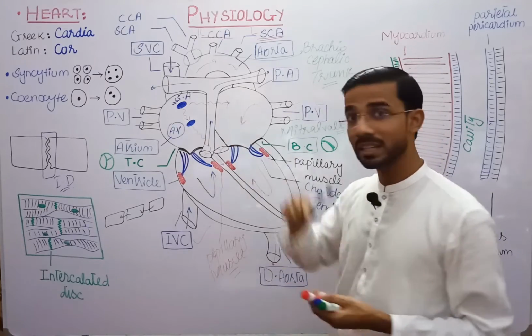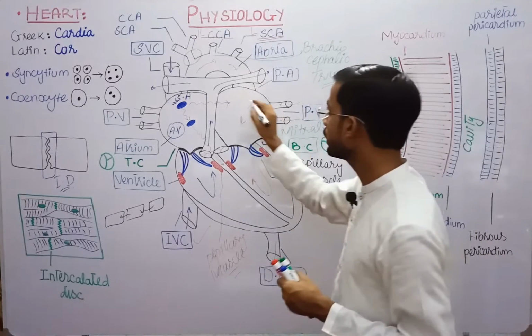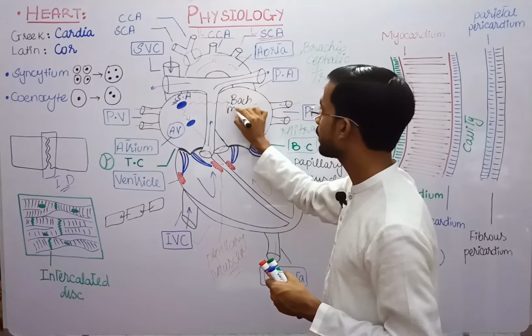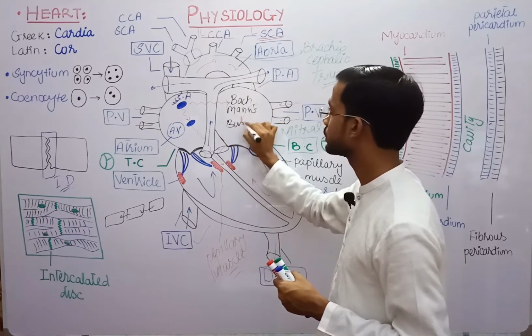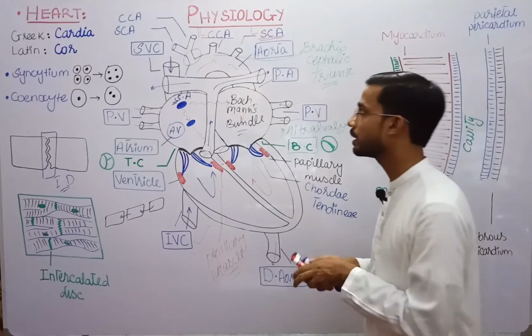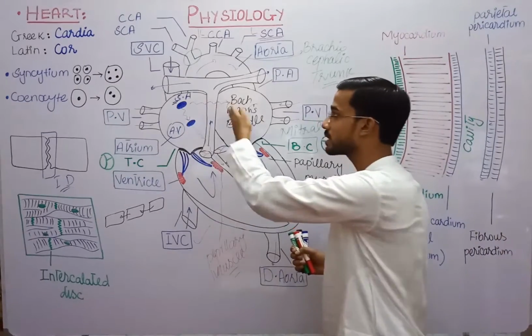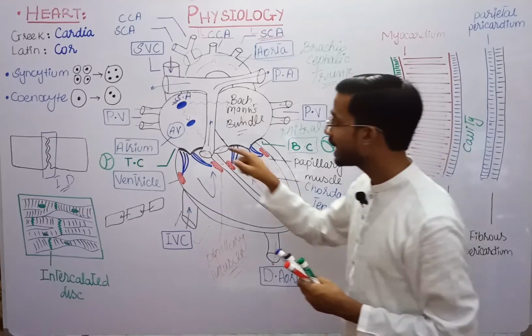Here the bundles which are involved in the conduction from the SA node to the atrium are called Bachmann's bundle, right? Bachmann's bundles are involved in the conduction of the signal from the SA node to the left atrium, and here